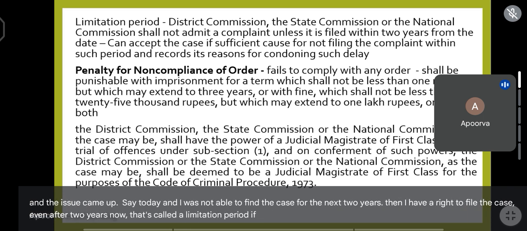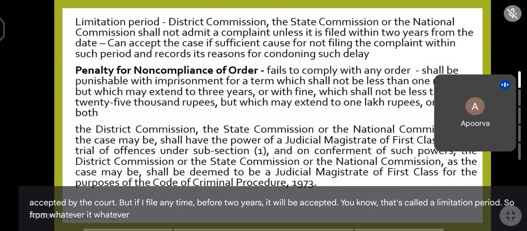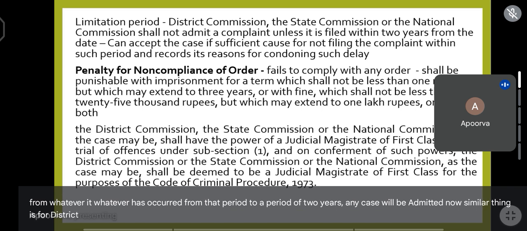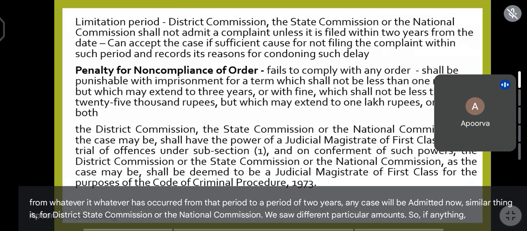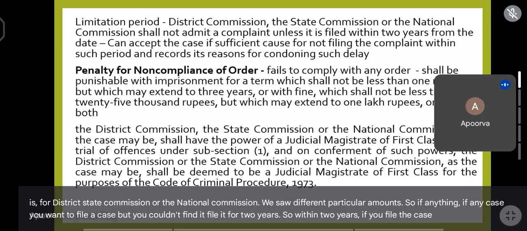Now, if I try to file a case after 2 years, then it will not be accepted by the court. But if I file any time before 2 years, it will be accepted. That's called a limitation period. So for whatever has occurred, up to a period of 2 years, any case will be admitted. A similar thing applies to the district, state, or national commission. These have different particular amounts. So if you want to file a case, within 2 years, if you file the case, it will be